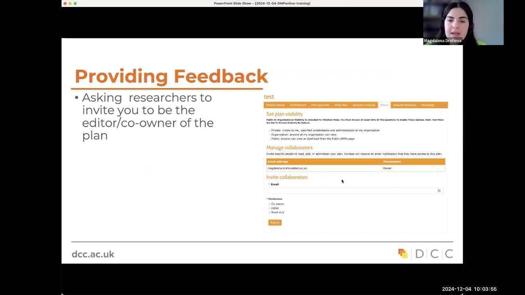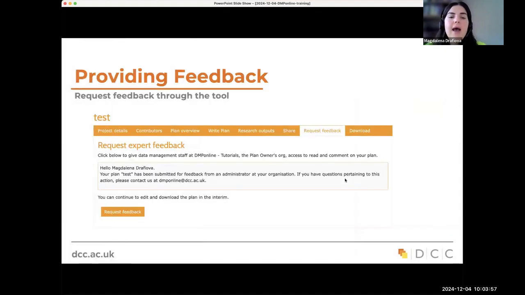A second way this would appear to the researchers is to request feedback directly through the tool. Once you switch the request feedback on, they would see this brand new tab. I just want to highlight this because, as I mentioned, this tends to be switched off by default, so don't be surprised if this is something you haven't seen before, because you would only see this tab if you switch the request feedback on. In here, they see the message that you customize for them. Once they hit request feedback,